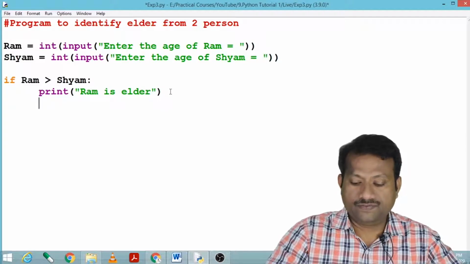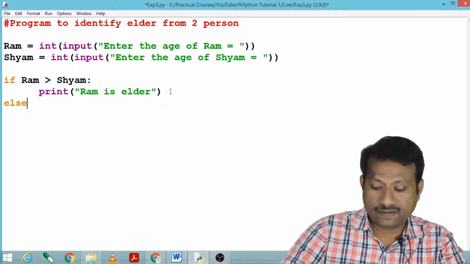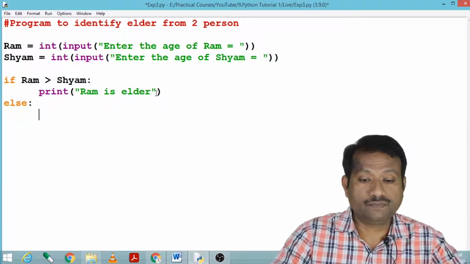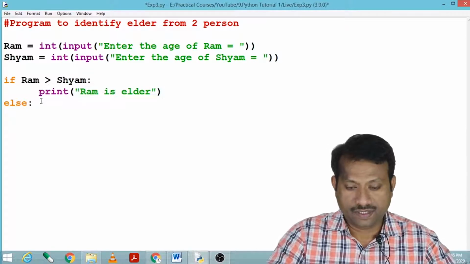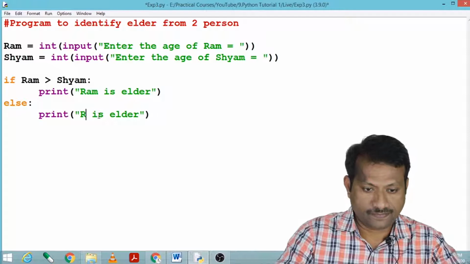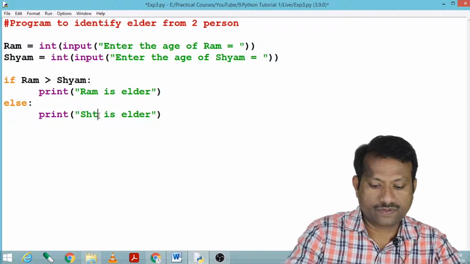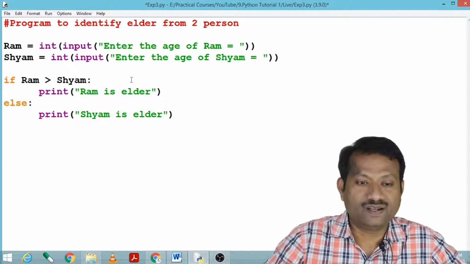And if this statement becomes false, it will go to the else part and it should print that Shyam is elder. Let me run this program.